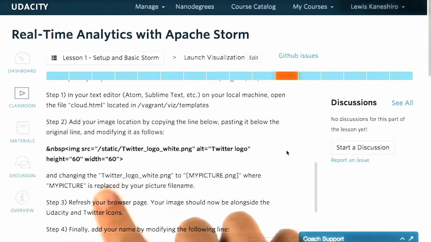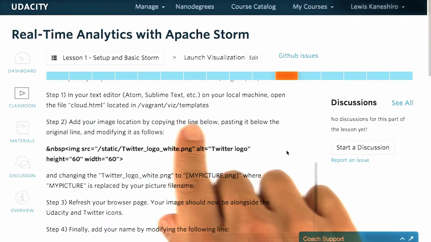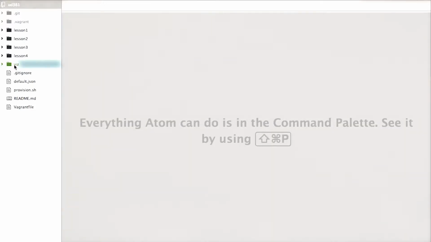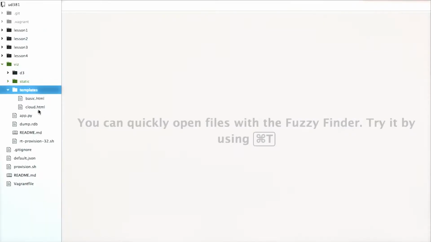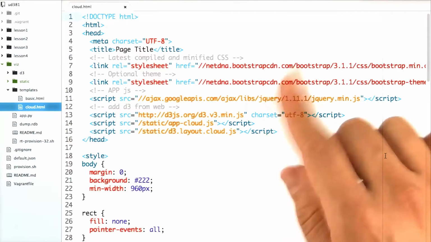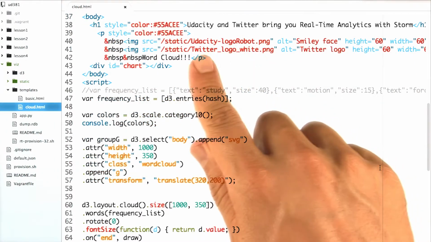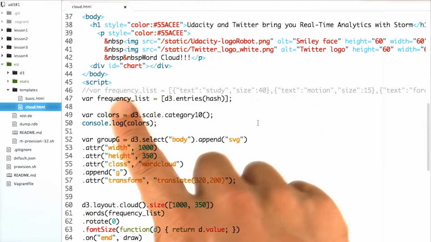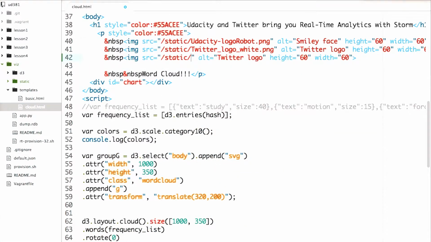Once you have the top folder open in your text editor, navigate to your viz templates section. So we go to viz, templates, and open the file cloud.html. This is our basic HTML file for our visualization. We see that the Udacity logo and Twitter logo are defined right here in the body h1 tag. To add our image, we simply copy and paste the Twitter logo and change the name to the picture that you defined. Mine was